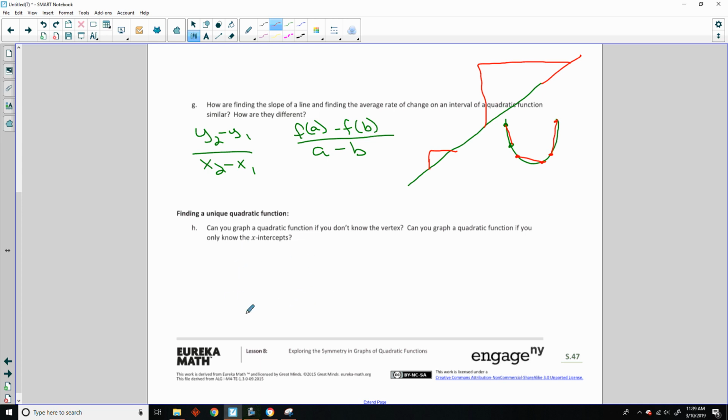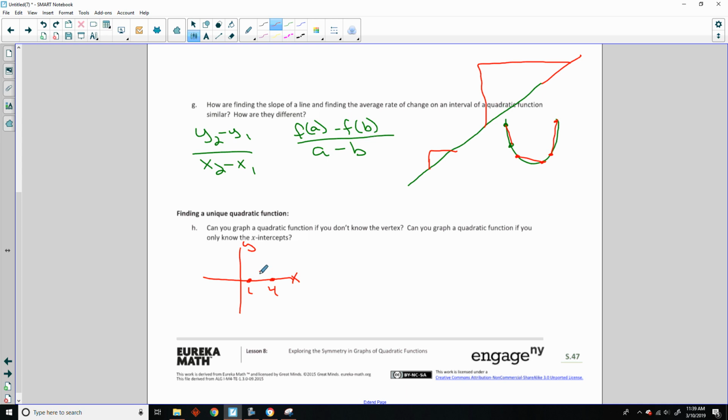But if they're simply saying, if I had an xy axis coordinate plane, and I had some points already given to me, say I had these 2 points, 1, 0 and 4, 0, and I don't know the vertex, I can't graph that parabola because the